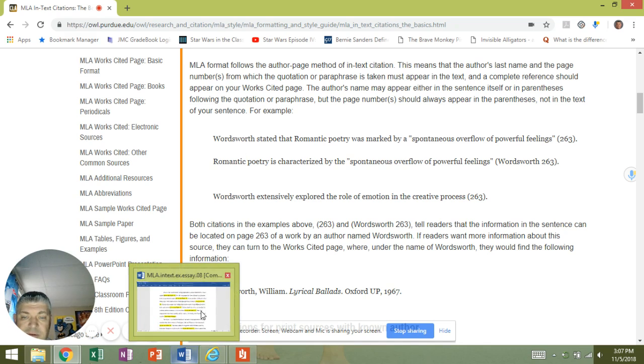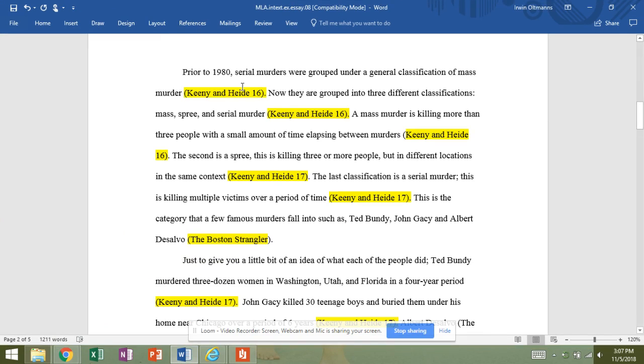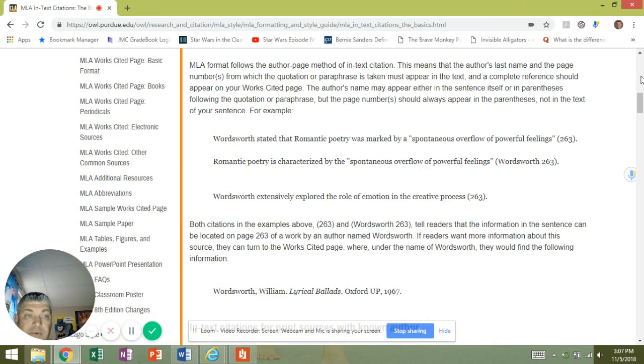I have a student's paper down here. I highlighted them for you just to show you how they work. This is a paper that was submitted about different types of serial killing, I believe. In any case, you see he has two authors there, so you have the author with the "and" in between for those, and you have one here where he couldn't find the author's name, so he put the article title in for that one. So in any case, you have to have those in-text citations, and of course at the end of the page